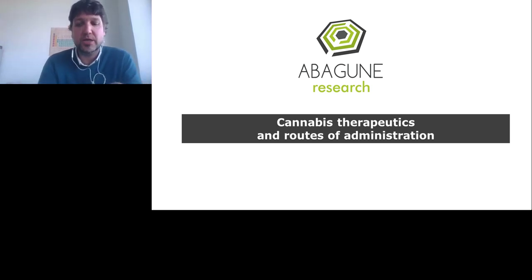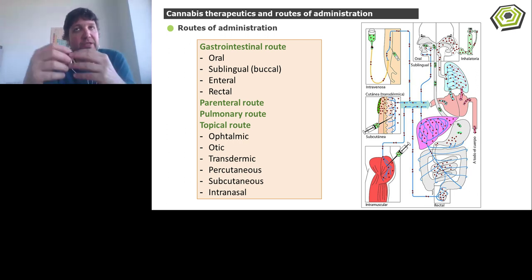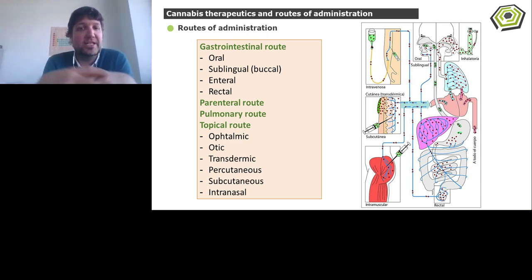So basically, what I wanted was to set the frame of which indications we can actually discuss taking cannabis for. When patients have chronic pain, or nausea induced by chemotherapy, or spasticity associated with multiple sclerosis, we know that we have data to justify the use of cannabis and cannabinoids, and doctors and clinicians are going to feel more comfortable recommending cannabis for those. So what I wanted to discuss is which approach makes more sense depending on the indication for the intake of cannabinoids.